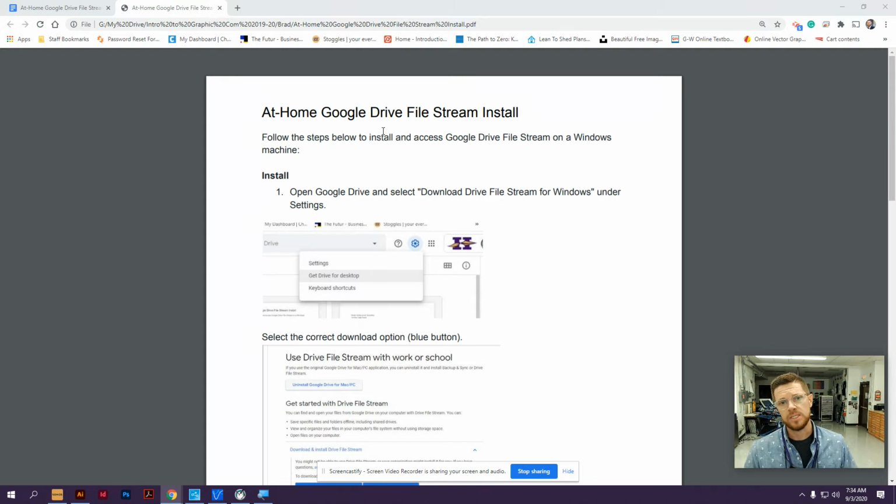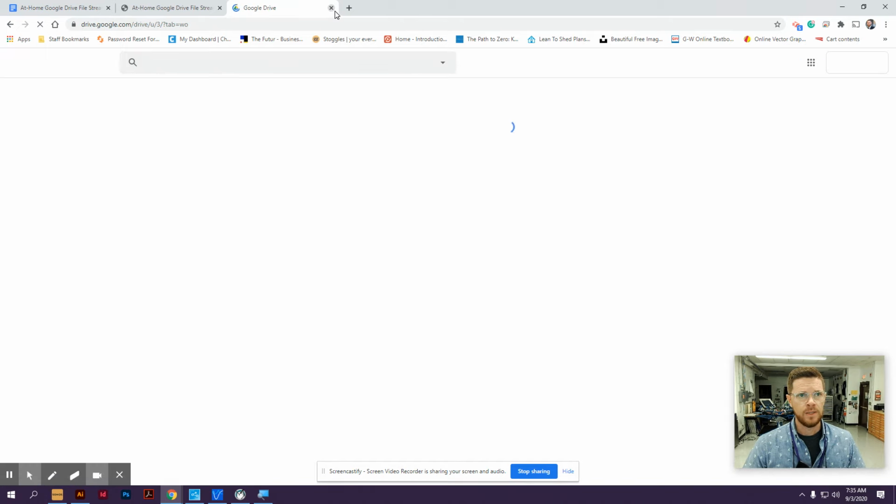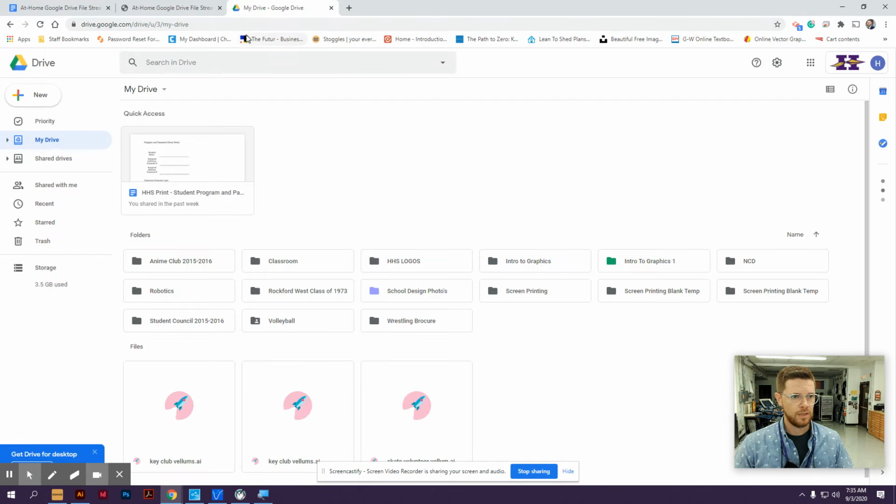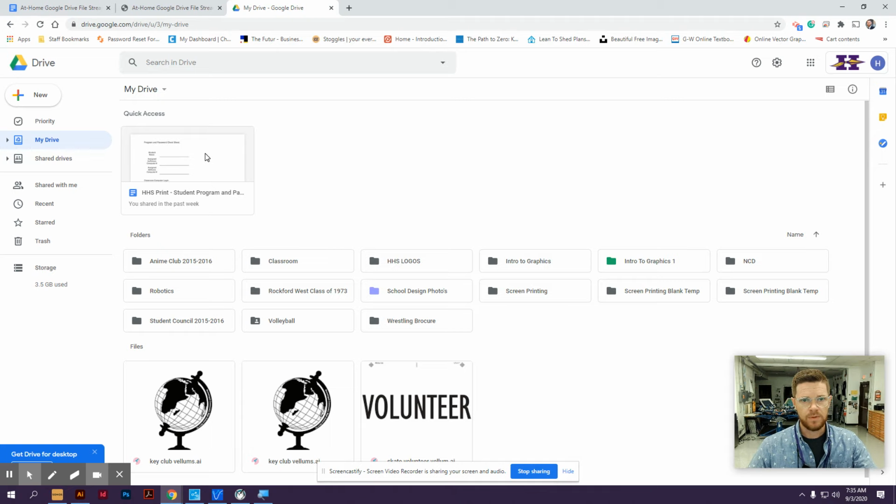So I'll quickly click over and get to a Drive account, and we'll show you what that looks like. As you click on the waffle and you go to your Drive, you're able to navigate yourself. You see you've got some stuff on the left. You've got file folders that you've been saving to in class. In the upper right-hand corner, you have what looks like a gear. That is your settings for Google Drive. If we click on it, you're going to see a settings option